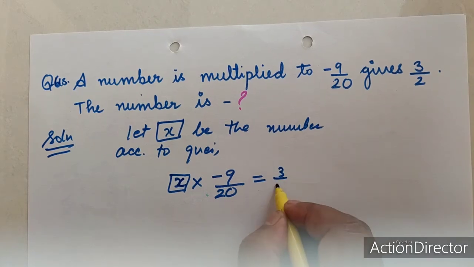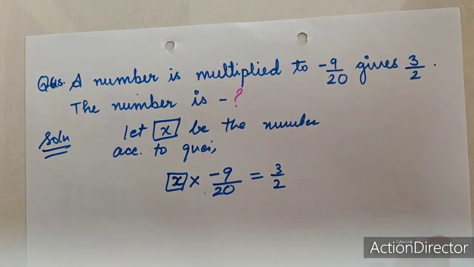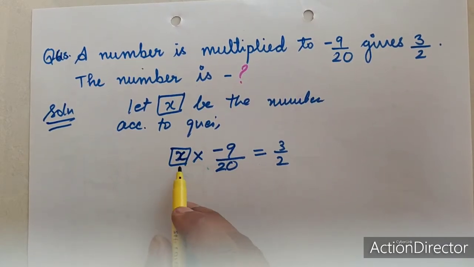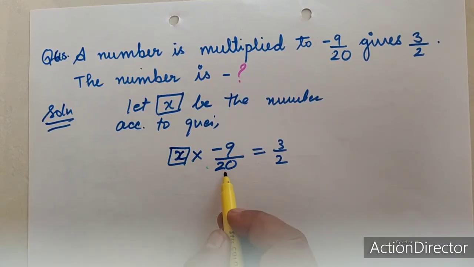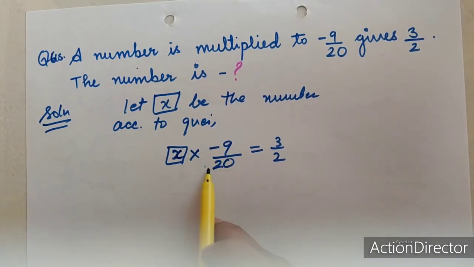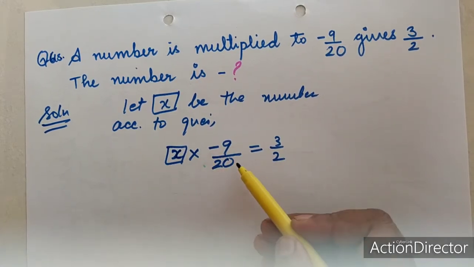That means this is your answer. This is your result toward the right hand side. But we need to find out the value of x. Here it is so easy. X is multiplying in this case. So here we are going to find out the value of x. Whichever number is multiplying with x, you have to